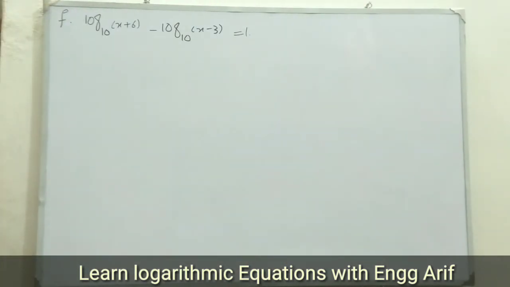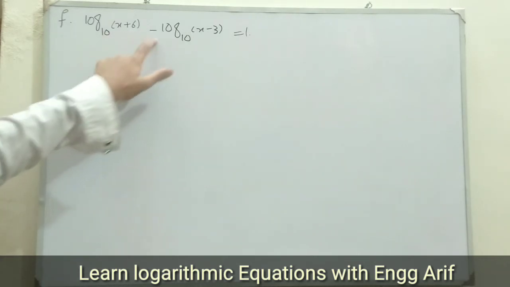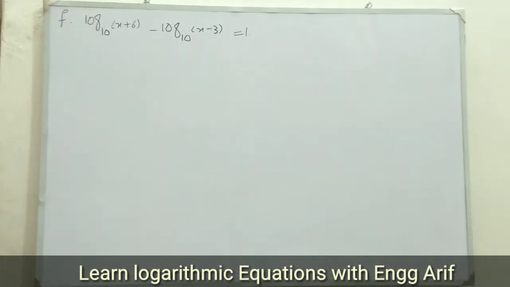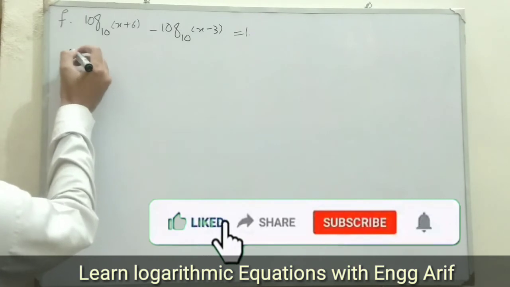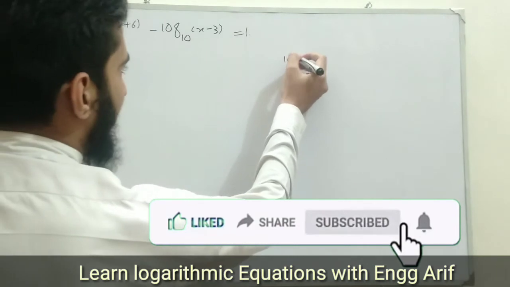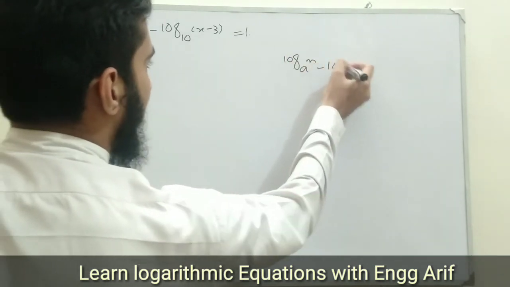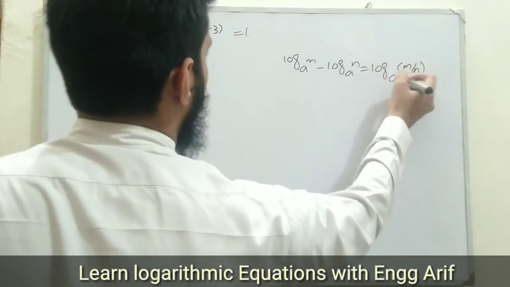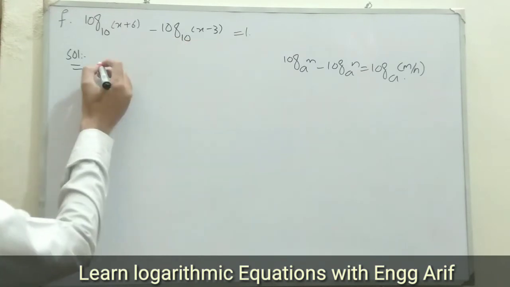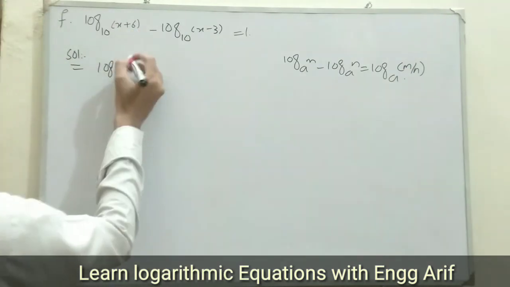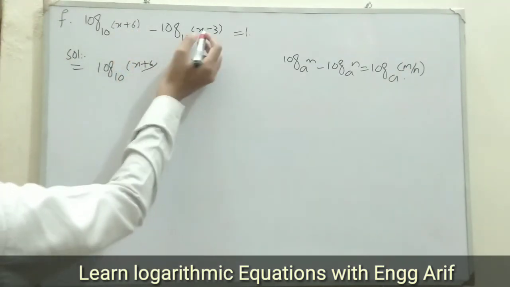Now move to the last part of question number 6 related with logarithmic equations, part f. It tells that log of x plus 6 to the base 10 minus log of x minus 3 to the base 10 is equal to 1. Solve this logarithmic equation for an unknown value of x. So move towards the solution. Here we will apply the same formula which was used in the previous part: log of m to the base a minus log of n to the base a is equal to log of m divided by n to the base a. Using this formula, the base is 10, so we take base 10, and x plus 6 will be divided by x minus 3